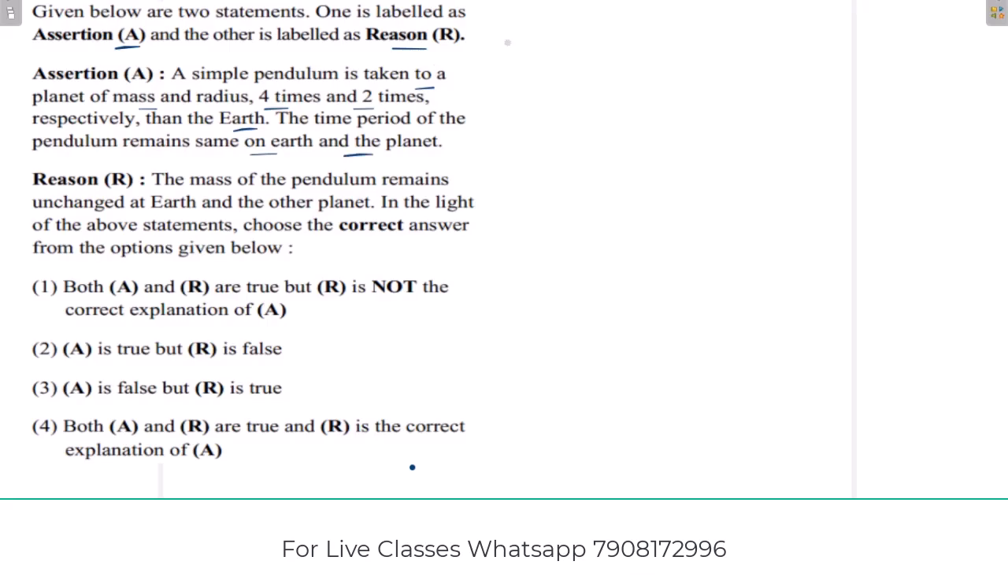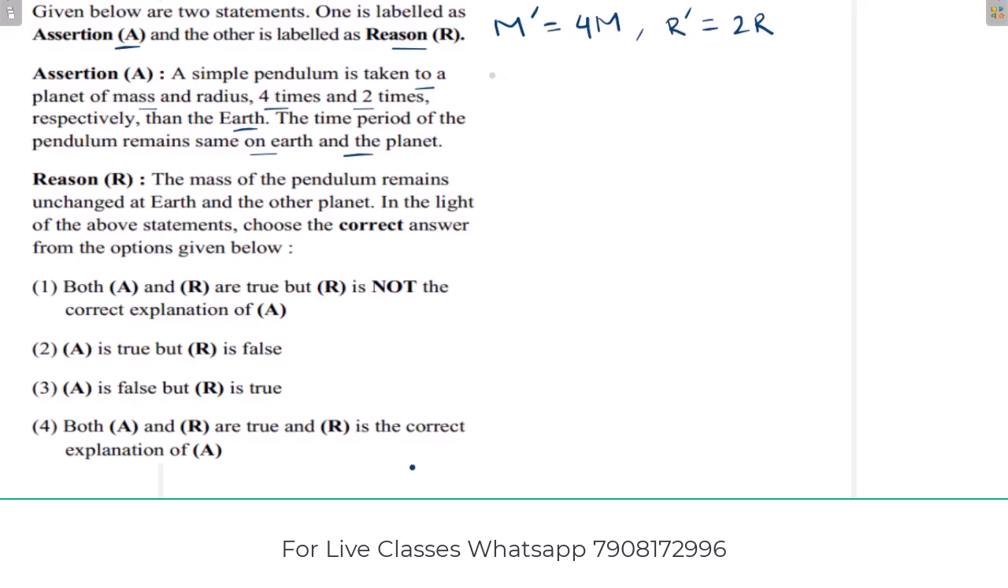So assertion says that when a pendulum is taken to a planet of mass m dash is equal to 4 times mass of the Earth and radius r dash is equal to twice the radius of Earth, the time period remains same on Earth and planet. So we have to check the time period. Now first calculate the